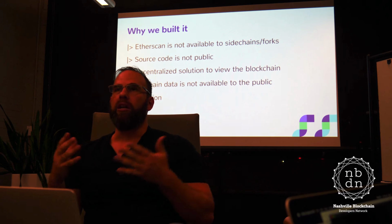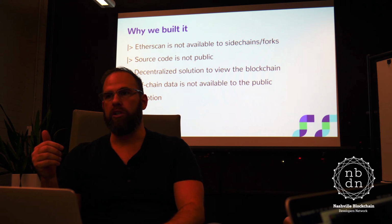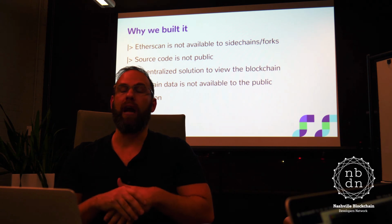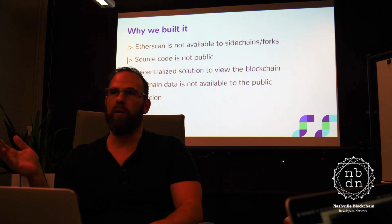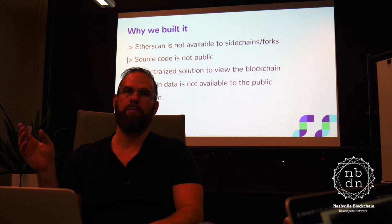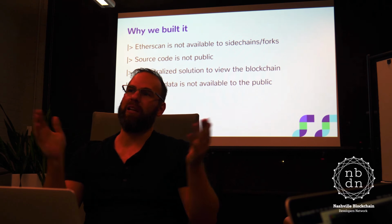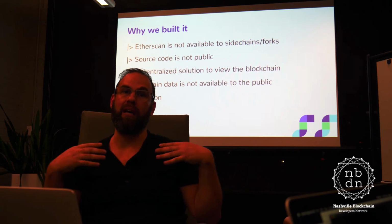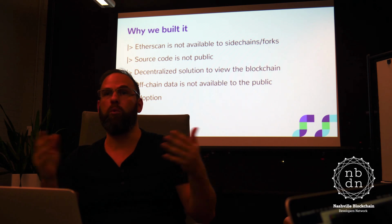So as a sidechain, when we started the network about a year ago, December of last year, we encountered some problems, and a lot of them were around tooling. How many are familiar with Ethereum? Is everybody okay? Everybody knows Ethereum. Everybody in Ethereum uses Etherscan, but as a sidechain, we don't have access to Etherscan, and there's no open source,